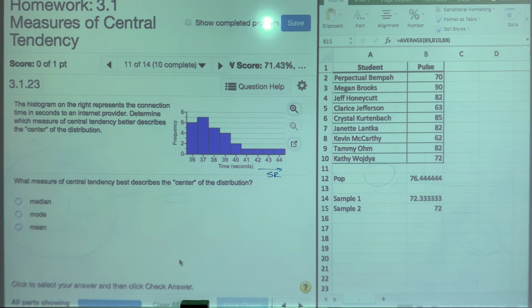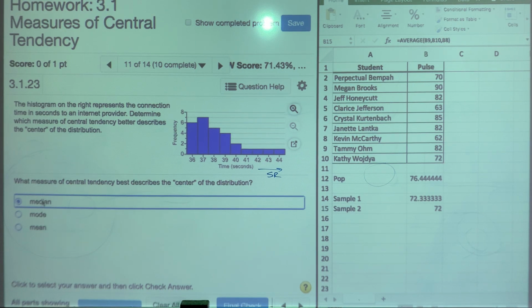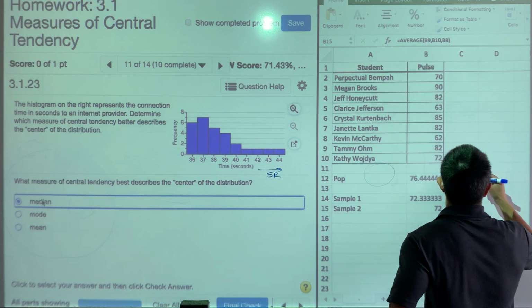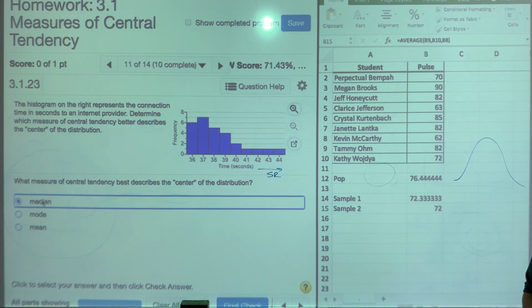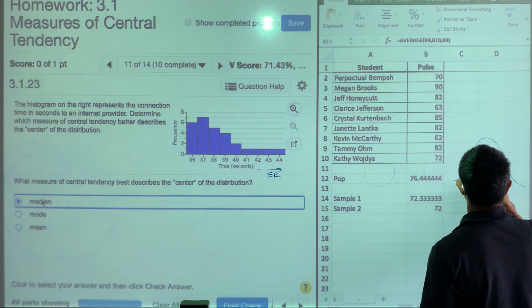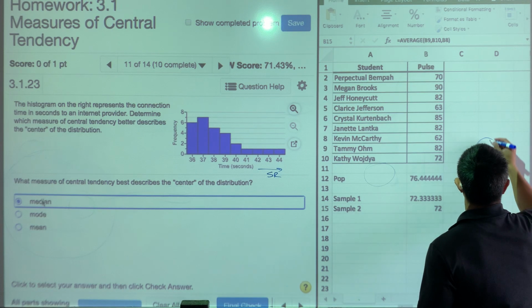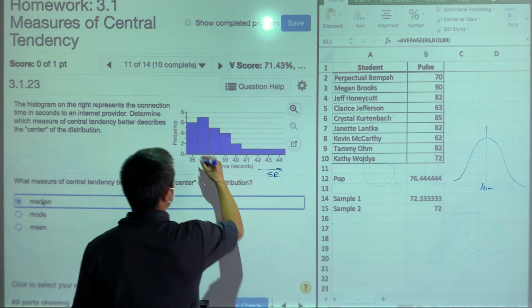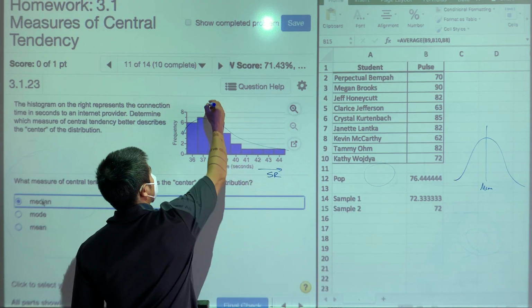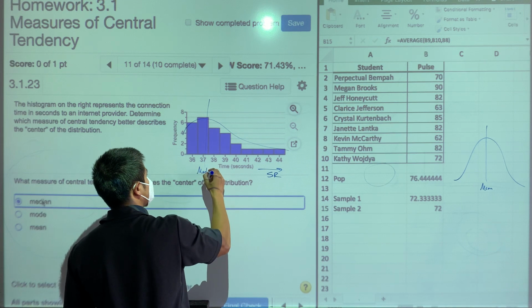Now, what did we say earlier in our notes? When a data set is skewed, what do we always want to use as the center? Not the mean, but the median. Now, if a data set is normally distributed, then we would use the mean as the center. You guys follow? But when it's skewed like this, then you're going to use the median as